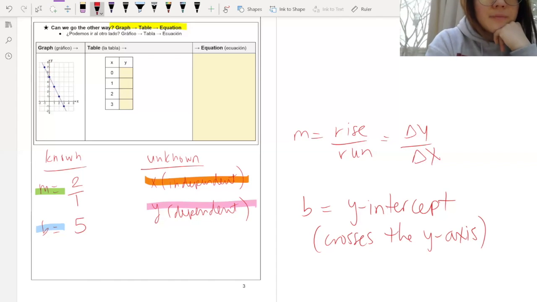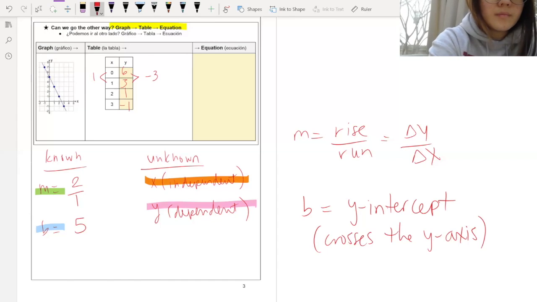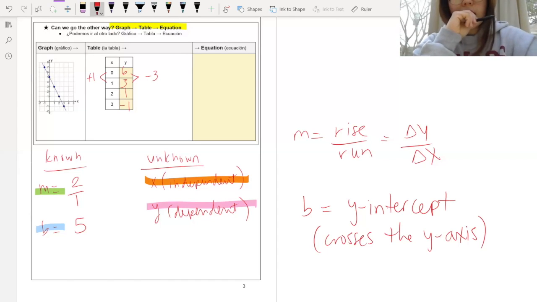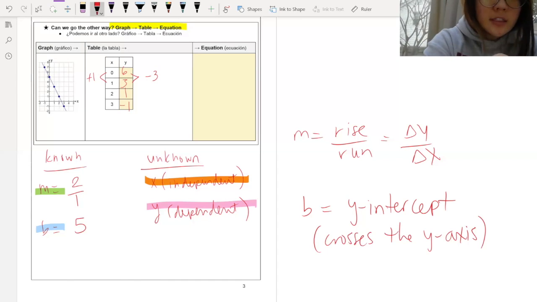So let's look at this graph again. At 0, what's our y value? It's 6. At 1, it's 3. At 2, it's 1. And at 3, it's negative 1. I'm going to look at our rate of change. So for our x values, we know that it goes up by 1. And for our y values, it goes down by 3. Now, this is going to be our change in y, and this is going to be our change in x. So our slope, once again,